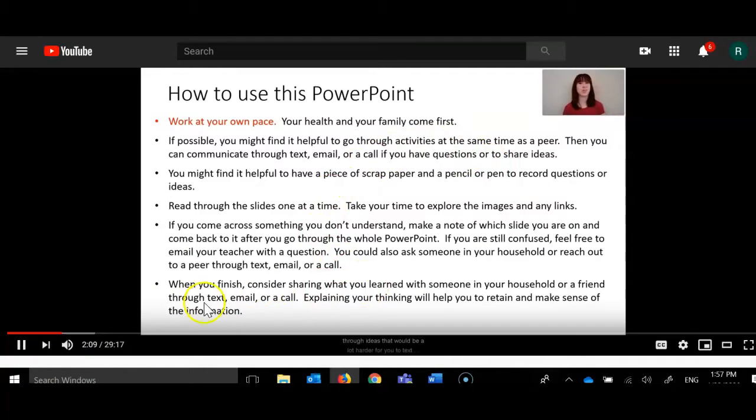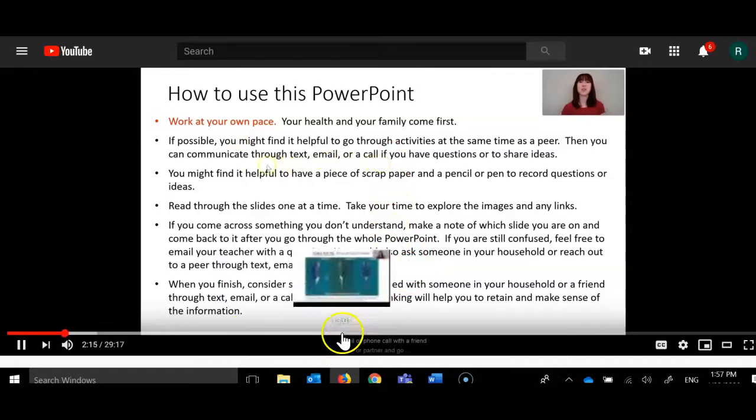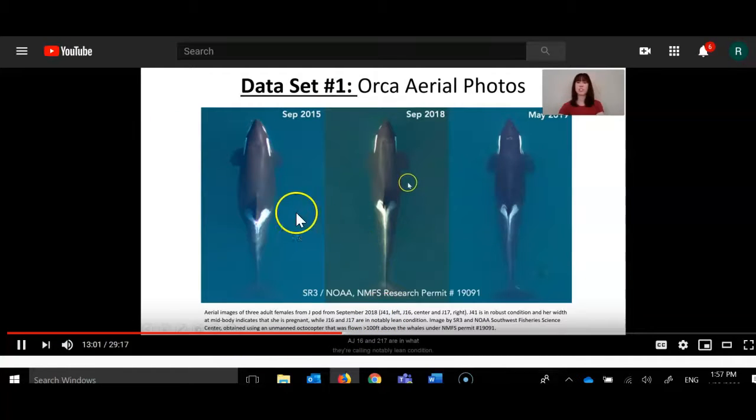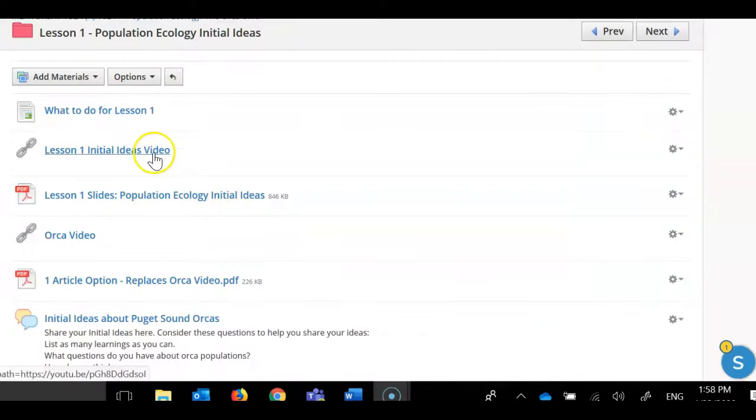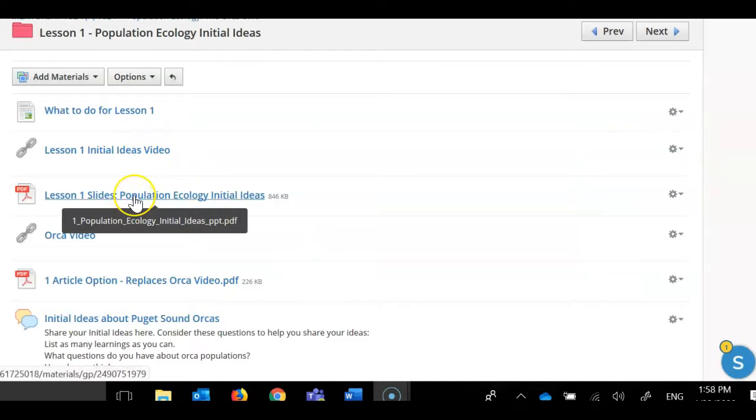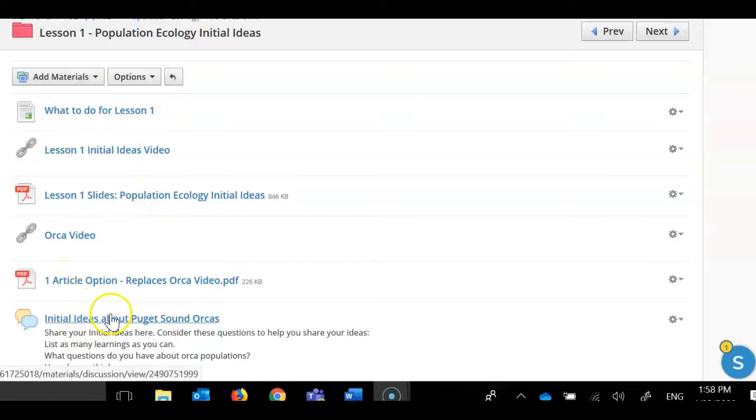So you can see here that Miss Wilson is going through the PowerPoint, and you can see later on she is going to walk you through the data sets and the information that's covered in this video. Once you've finished watching the PowerPoint lecture lesson or doing the slides yourself, you're going to go to this